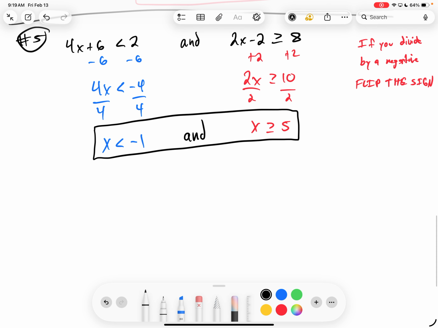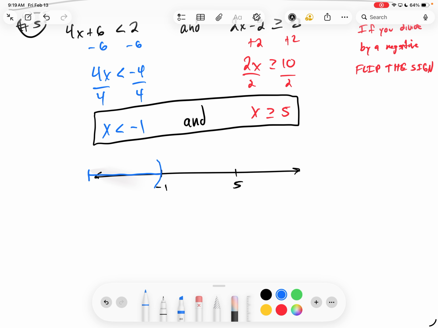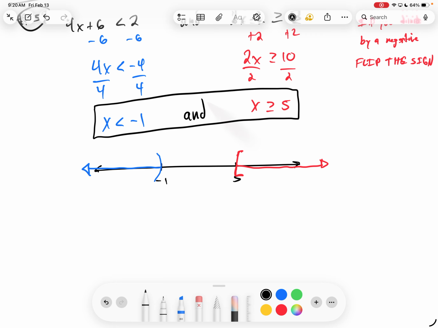Interval notation. What you have to do with this, and I would draw the picture real quick. X is less than -1 and greater than or equal to 5. Okay. There is a different variation of this problem that I'm going to have to go do in a minute. So my blue one, remember it's less than -1, so I do a parentheses and it goes forever to the left. Okay. For my red one, it's a bracket because it's greater than or equal to, and it goes forever to the right. Okay. I would highly recommend drawing this picture real quick on this problem, because now I